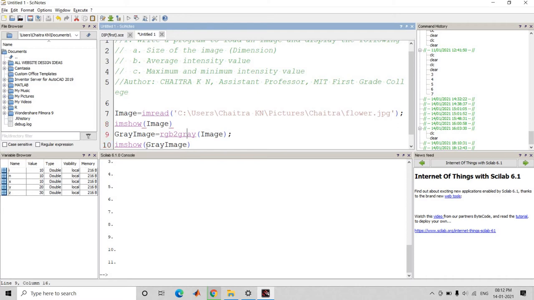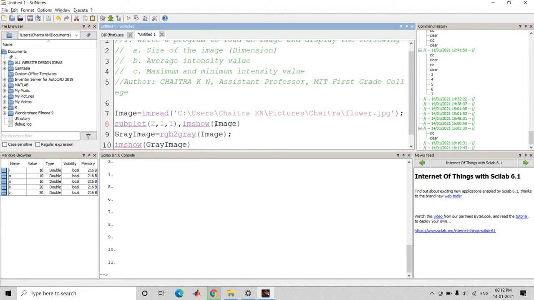Then we have to show two images in parallel. Scilab does not show multiple images at a time, so for that we have to use the function subplot. We have to divide into two blocks to show two images. Here subplot of 2, 1, 1 means it divides into two rows, one column.